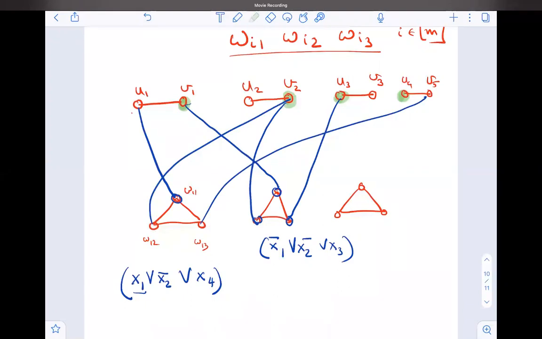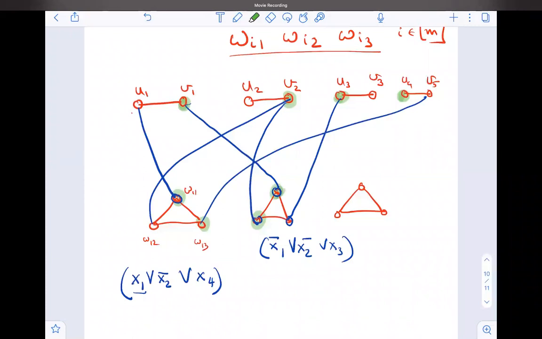So in this clause here, this is connected to here, so then I will color the other two. In this case, I have two vertices that are connected, this and this. I will color this one and so on, and these are my vertex cover. No, this will not do. I have to color at least one here. So I'll color two things, one here and at least one here. I'll color two in every clause.